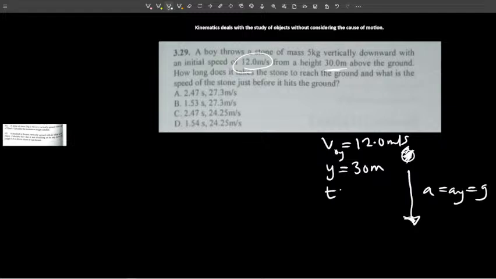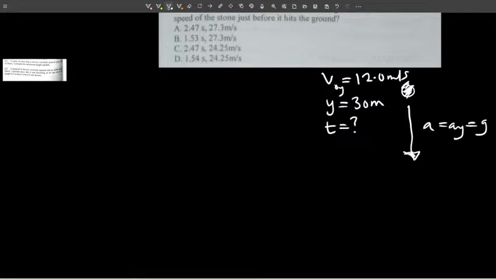So I'm looking for time t. What can we use? We have v naught, y, t, and a. What formula can I use? I can use v equals v naught plus at, as usual. Can I use this formula? Let's use something better. Let's use the formula y equals v naught t plus a t square over 2. This is our y, so 30 is equal to